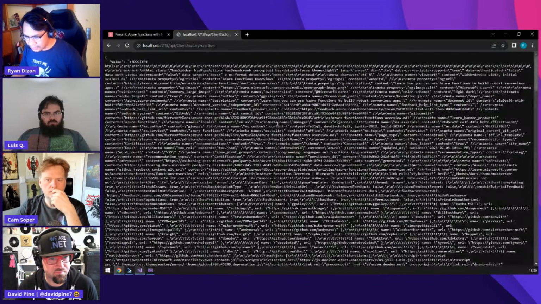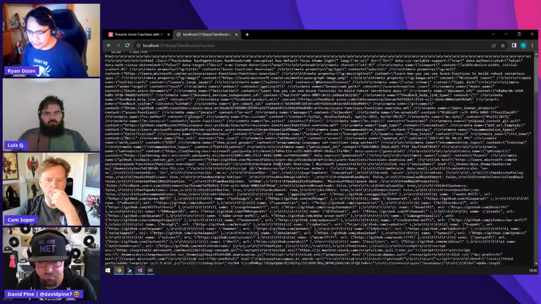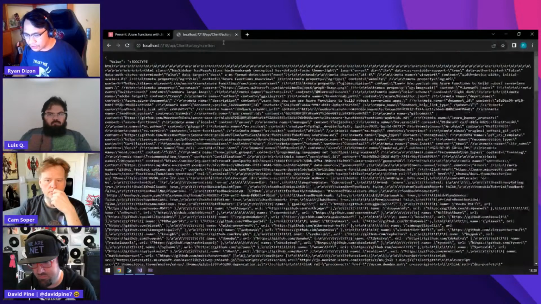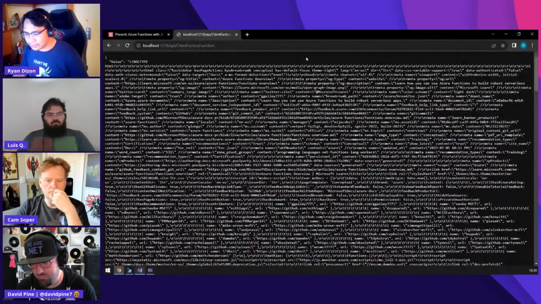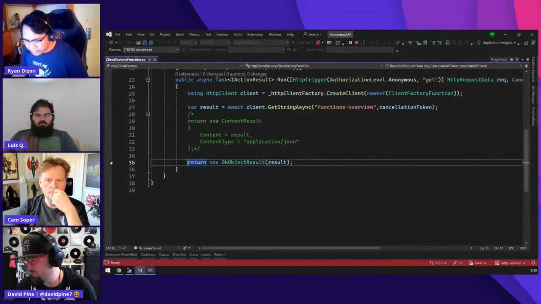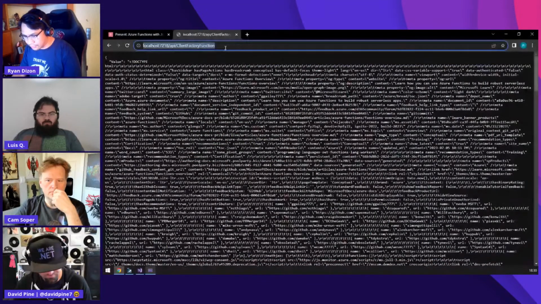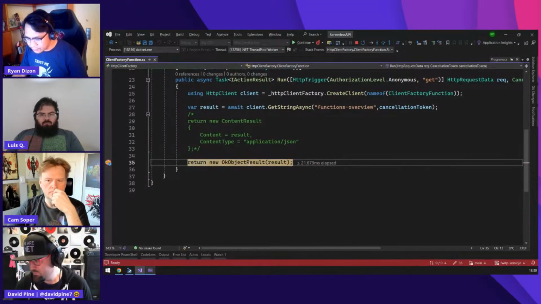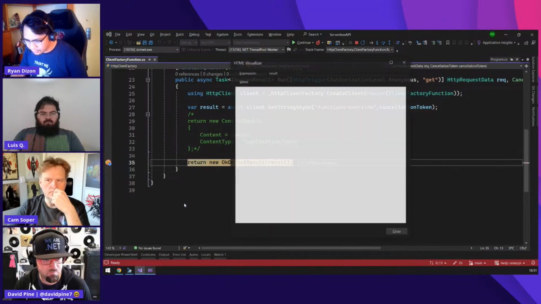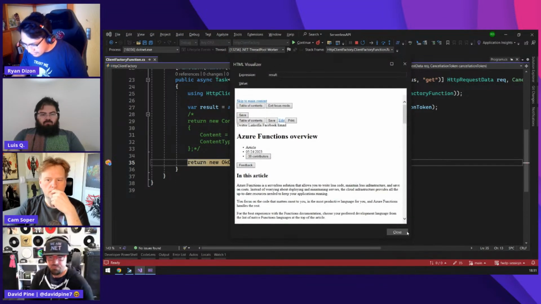So basically what the function is currently doing is getting the content from the documentation of Azure Functions. If I check the HTML view of this one, let's try this. This function is getting this content